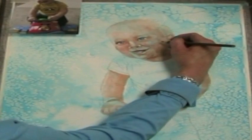Now my final step, after I've blocked in all the watercolor values in here, is to go in and refine and put the details in with colored pencil. And I usually use a combination, especially for babies, because babies are very fair. In the baby's face, I've got it a little dark. Babies have a very fair, very translucent type of